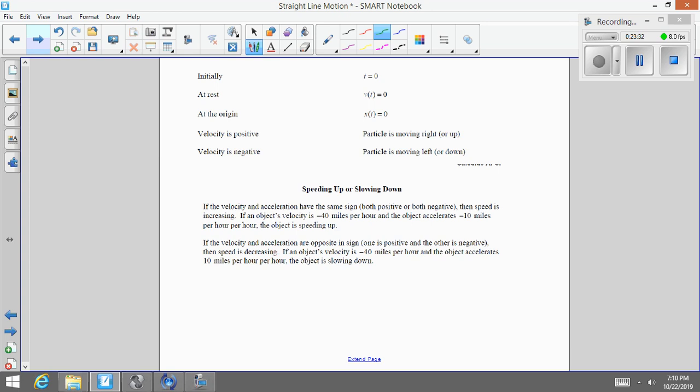Okay. So you guys, we will definitely do some practice with particle motion because it is one of those topics that shows up a lot on the AP exam. So study some of this,